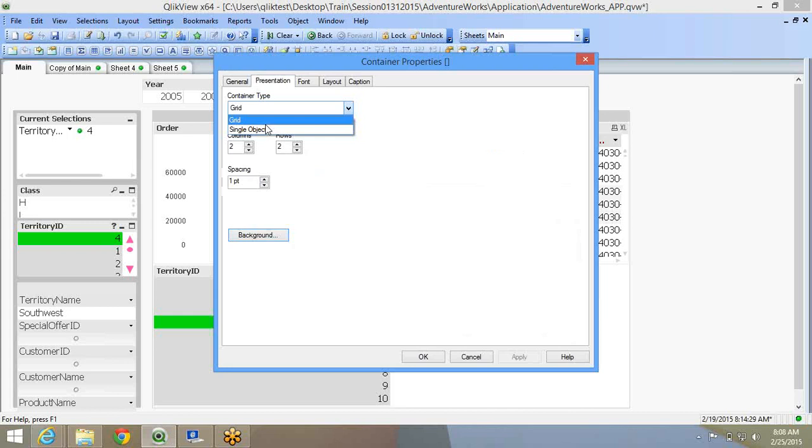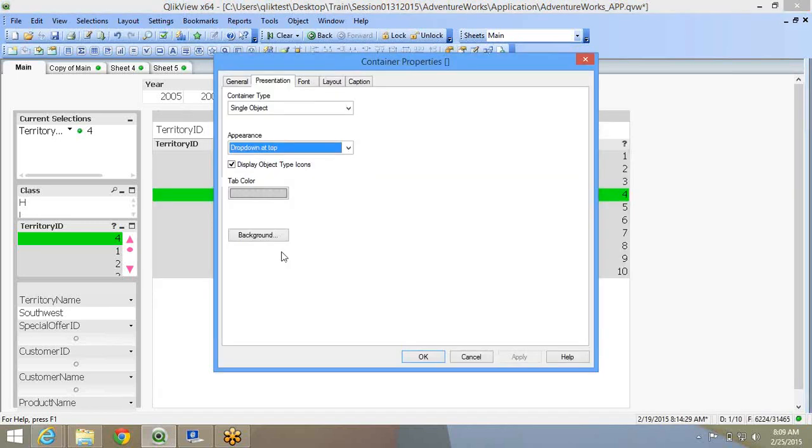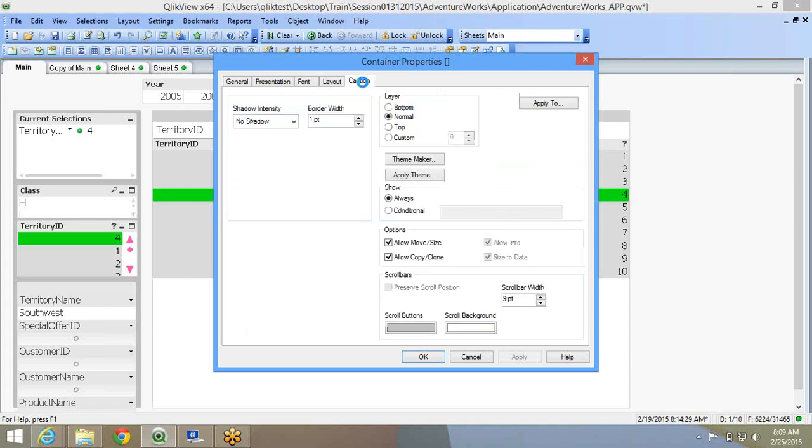Or tabs on bottom, drop down, order, flip through the report. Font layout caption remains the same for the container object.